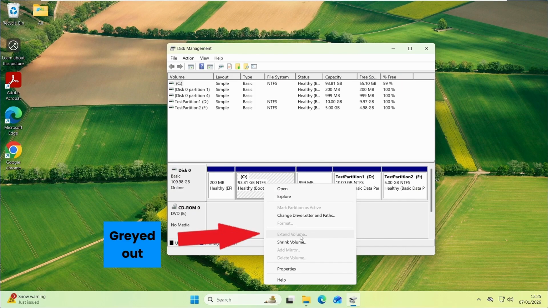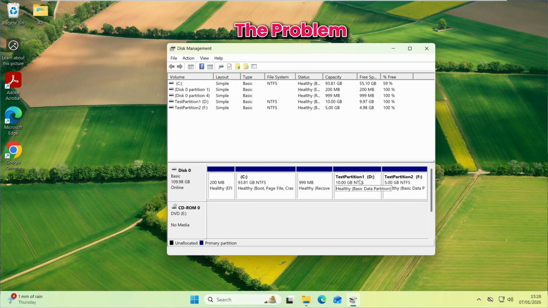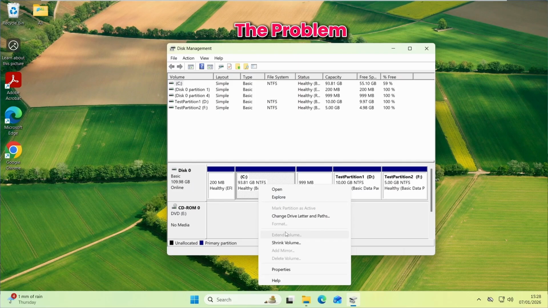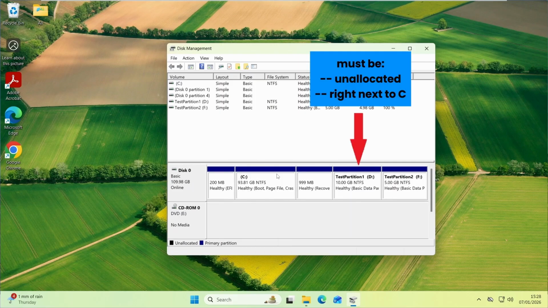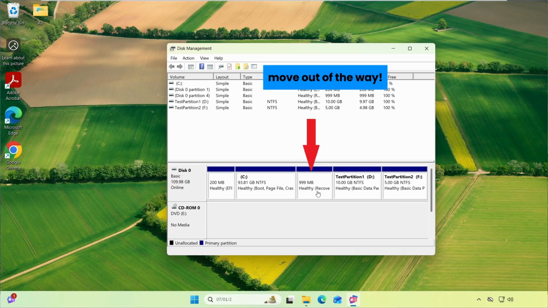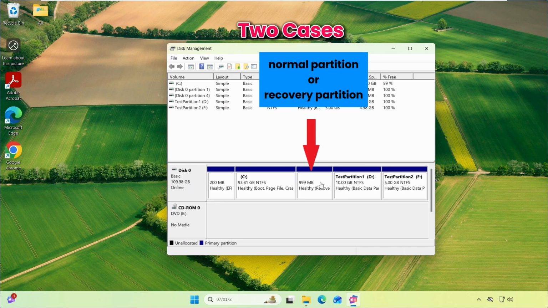Let's begin. So here, I want to match this test partition D to the C drive, but the extend volume option is grayed out, so I am unable to do the merging. You can only extend C if the target partition you want to add to it is unallocated and right next to C. So essentially, you need to move any middle partition between C and the target partition out of the way. Now, there are two possible cases: whether this middle partition is a normal partition or a recovery partition as